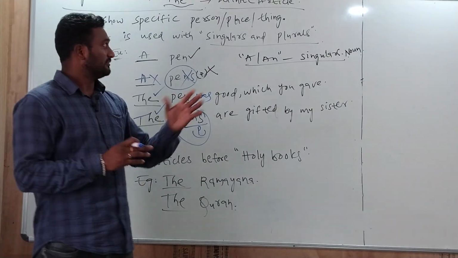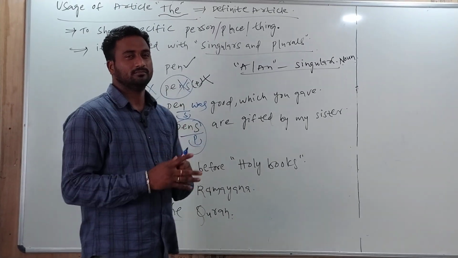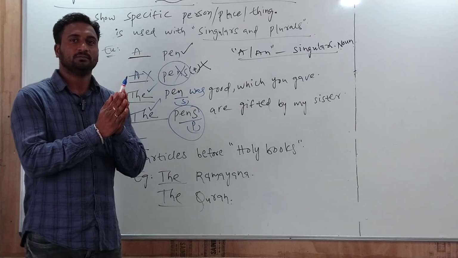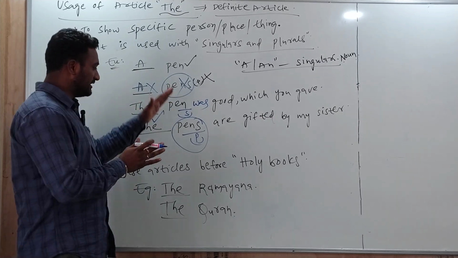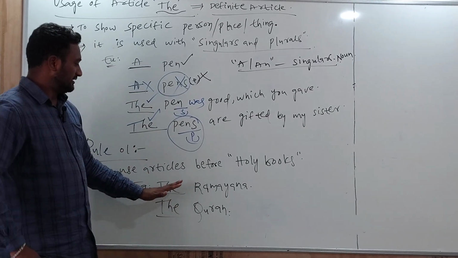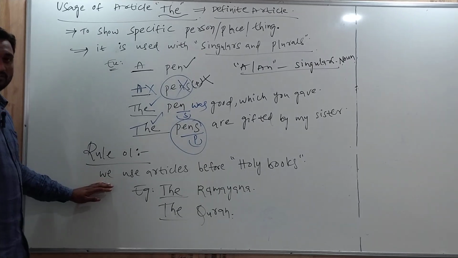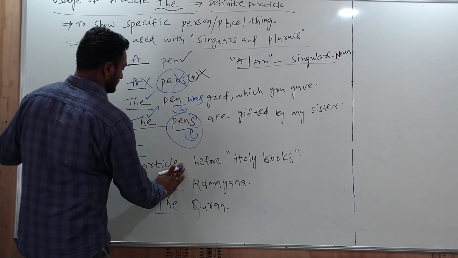Understood? So learning of definite article the includes 15 to 20 rules. So I segregated them into rules, and let's learn them by segregating them into rules. I will give you the rules. For example, I mentioned rule number 1 here. We use article the